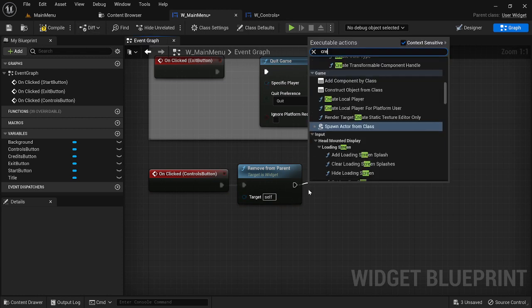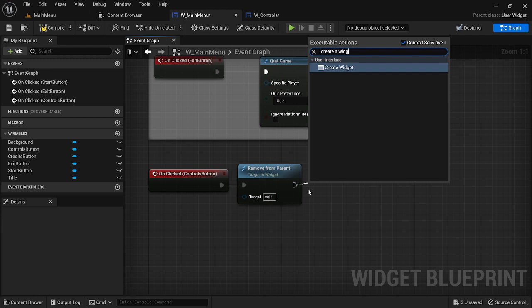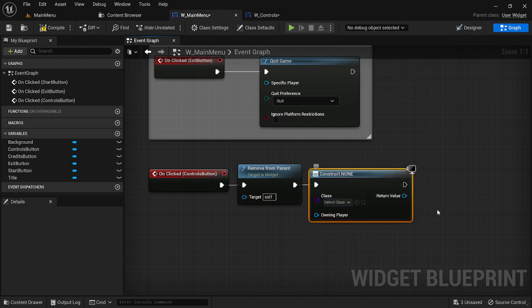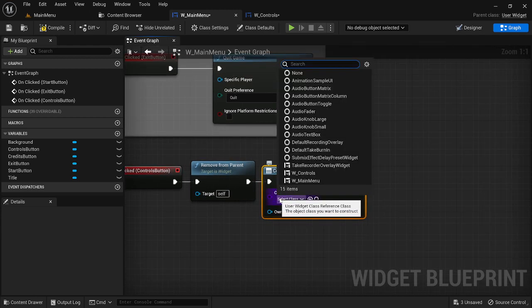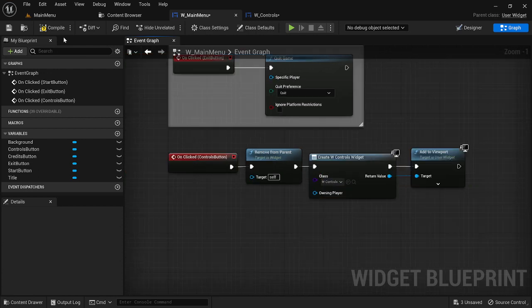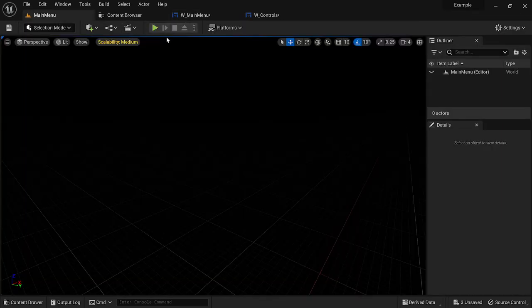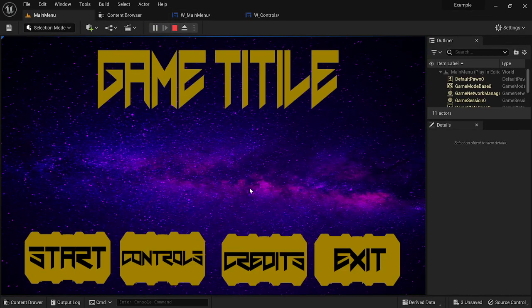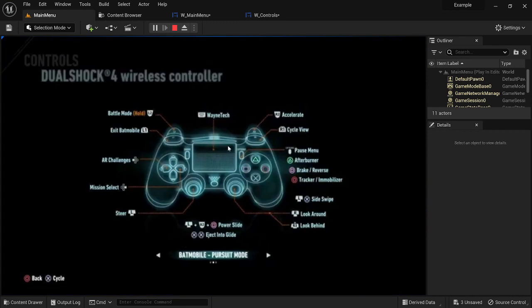We're going to create a widget. And then we're going to select controls. And then we're going to add to viewport. All right, so what that's going to look like is we go here, we hit controls, and it brings us